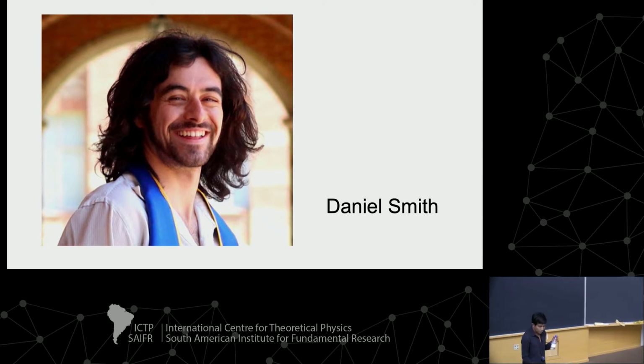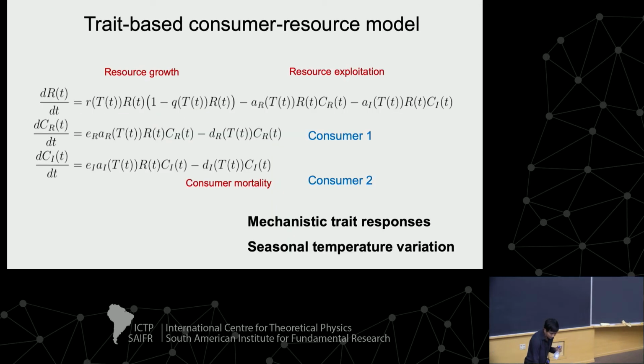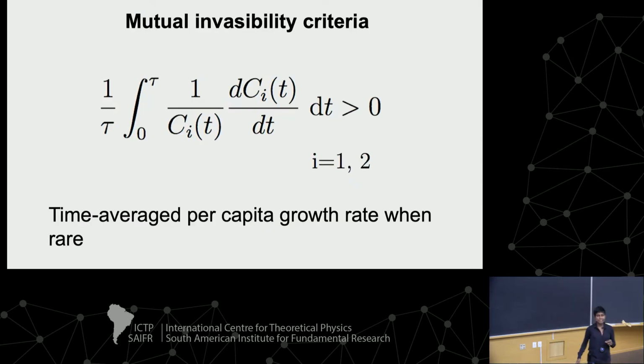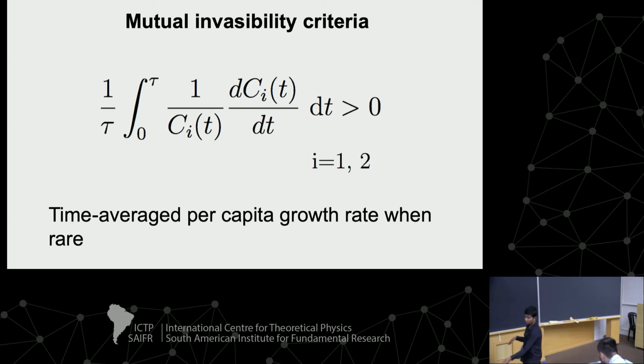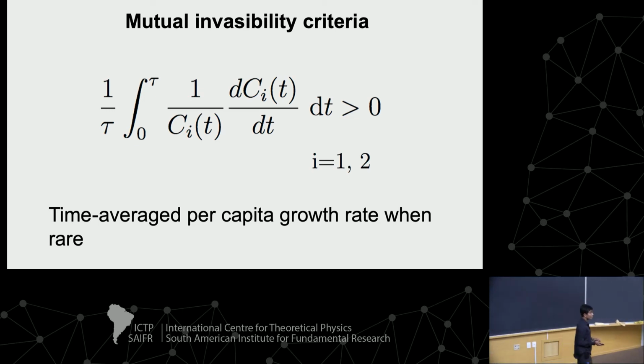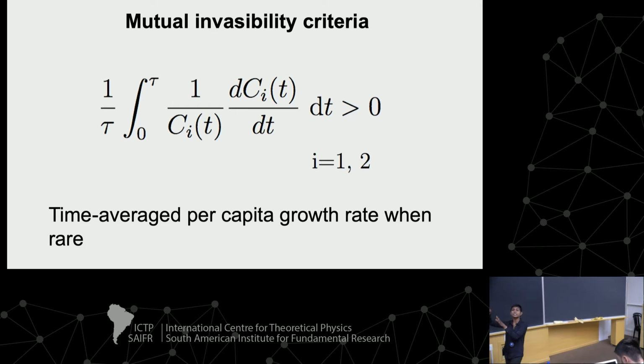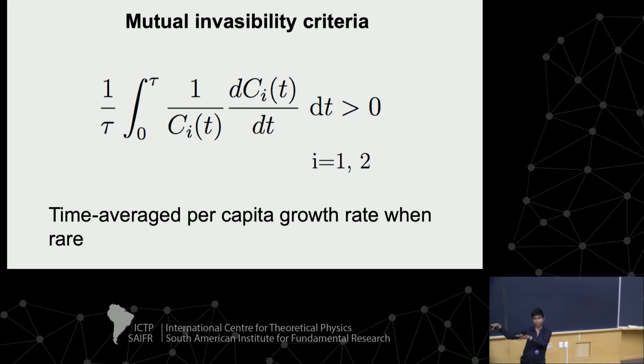So what we do is we take this model and we calculate the mutual invasibility criteria, which we now have to do because this is a time varying environment, so we have to calculate the time averaged per capita growth rate of each species when it is rare and its competitor is at some stationary state with the resource. Obviously, there's no stable fixed point, right? This is non-autonomous. But there is generally, because we're thinking of the system, I will get to that. So then,